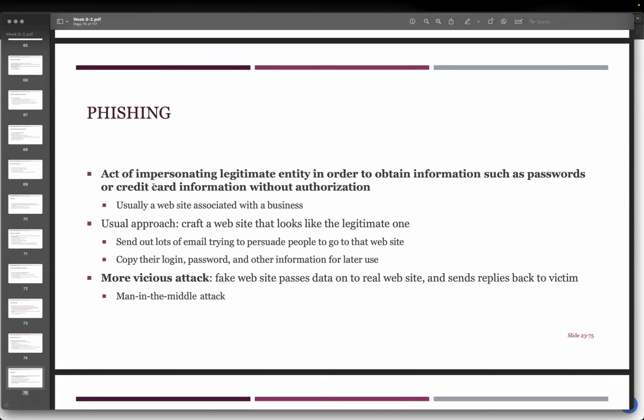Phishing is impersonating a trustworthy entity in order to obtain information, such as passwords and credit card information, without authorization. Sometimes it's a website, or sometimes you'll receive an email. They will try to make a fake profile website that looks like the official one. Then they will send lots of emails trying to pressure people to do something. It's pretty common, have you ever received one from UPS,